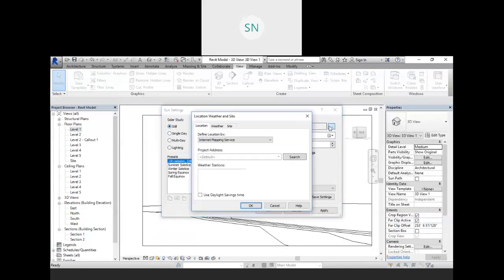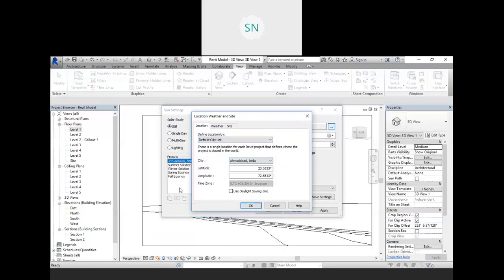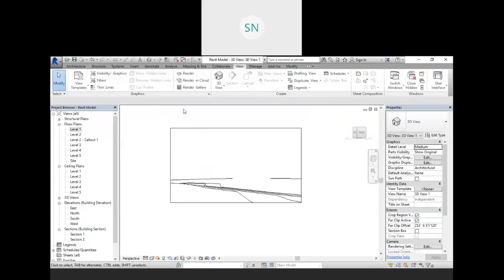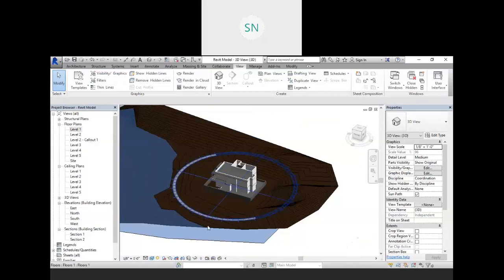I'm choosing a city over here, default city, maybe our Ahmedabad, and the date is today, and timing should be morning or evening. Just view it from the 3D first. So this is the sun path,